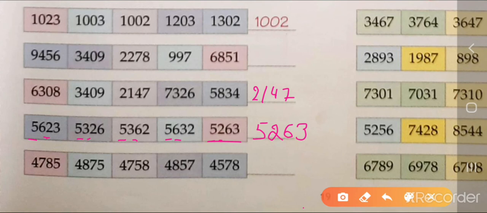Okay, so next question, check the place values. Okay, so this is 4, this is 4, this is 4, this is 4, this is 4. Okay, the first digit, the thousands place are equal, so we will check the 100 place value. So this is 7, this is 8, this is 7, this is 8, this is 5. Then which one is the smallest? Obvious, this 5 is the smallest, then the whole number will be smaller. Okay, so write it here, 4 5 7 8.